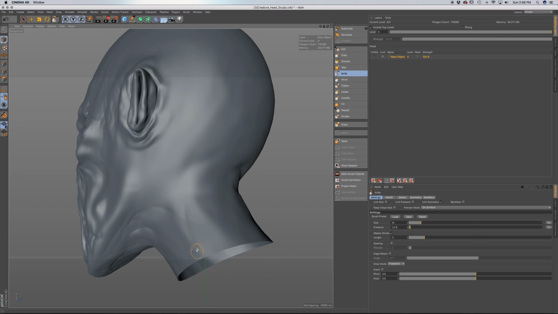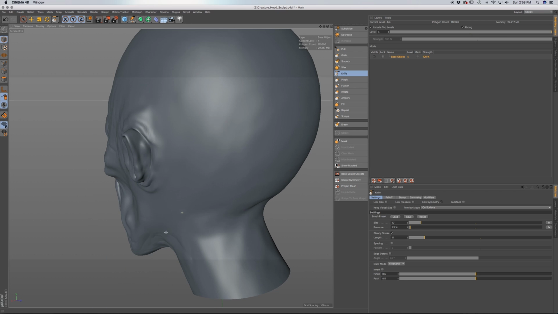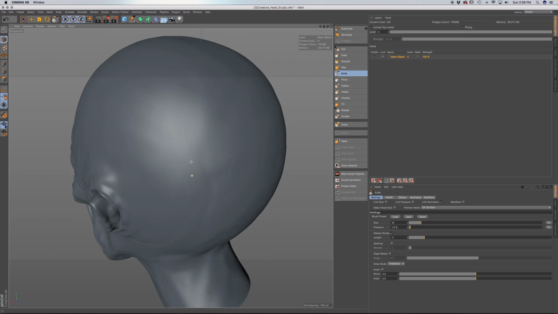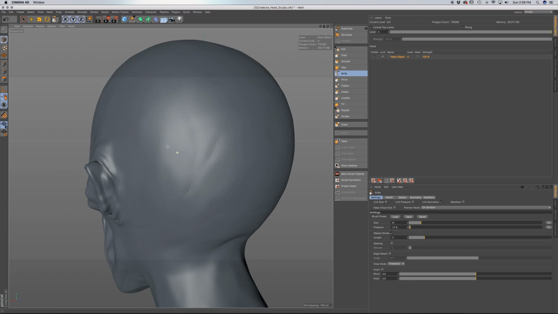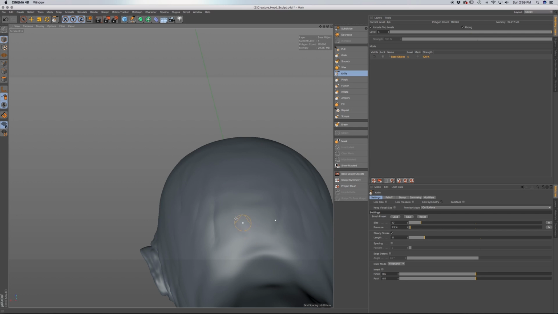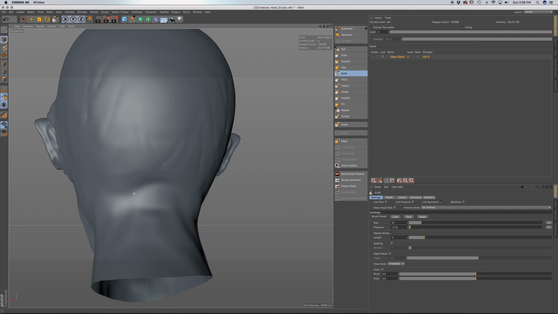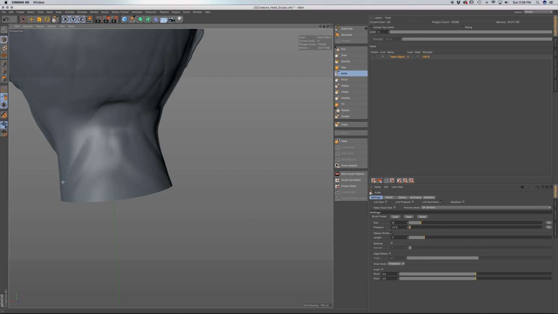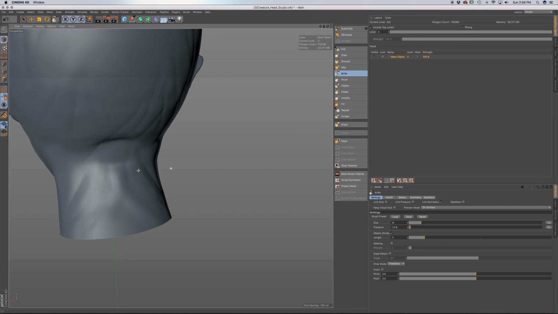We don't want to neglect the rest of our model, even in the back, even if it's not going to be seen. Just from a craftsman point of view, you don't want to ever leave things